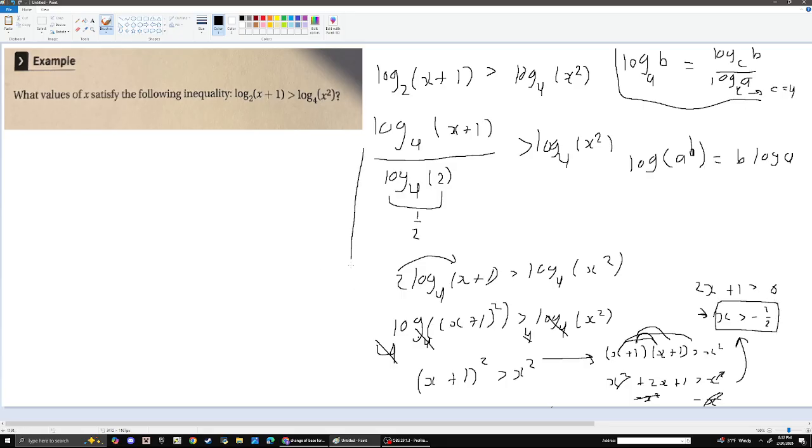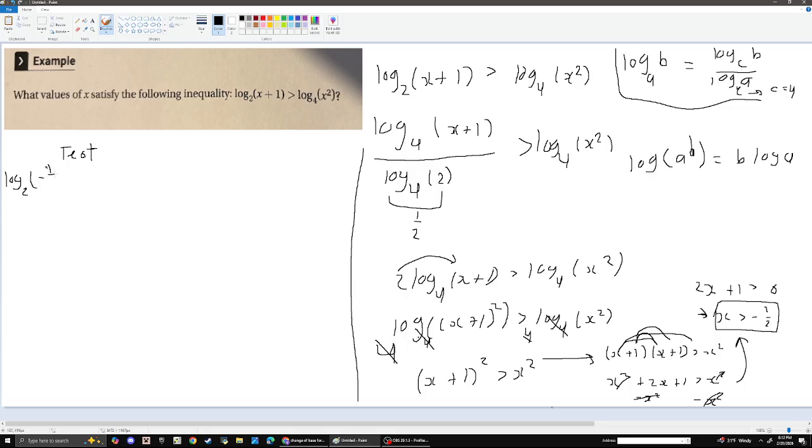So let's test. And then after we test, we're going to look at our original equation, see if there's anything else that we might have to restrict. So let's test for a number that is greater than negative 1/2. So maybe negative 1/4, I guess. So log base 2 of